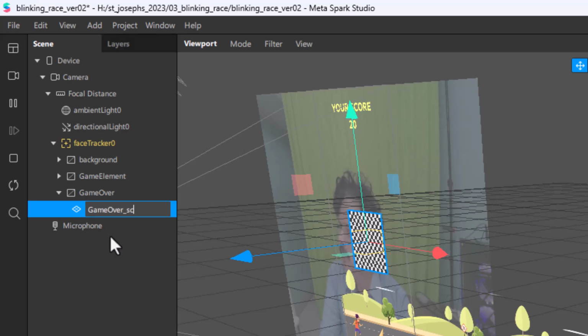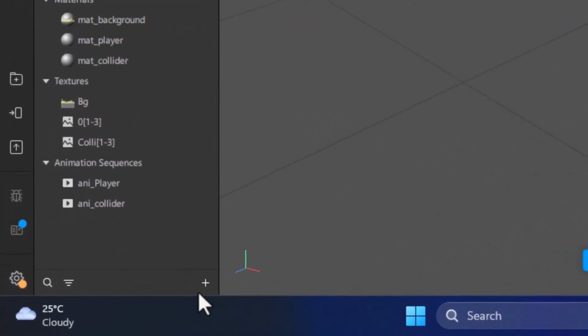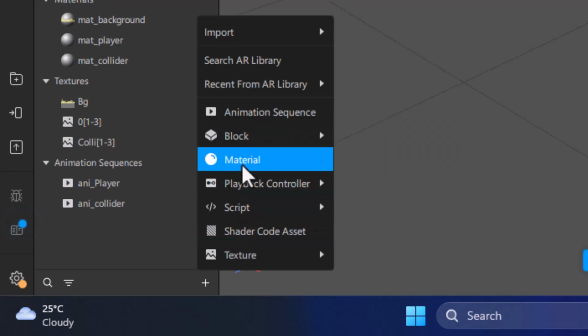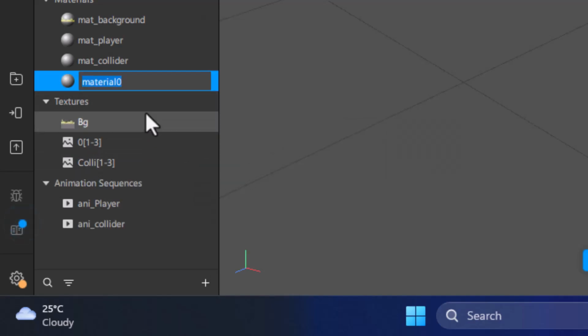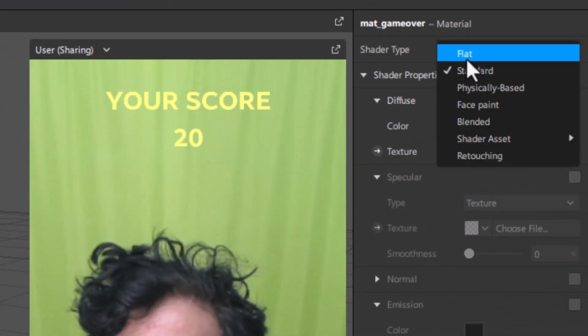So, I will name it Game Over Screen. Right now there is no material applied to this game over screen. I will come to assets and add a new material, and I am going to name this material mat_game_over. And for this mat_game_over, I will come back to material here and change it to